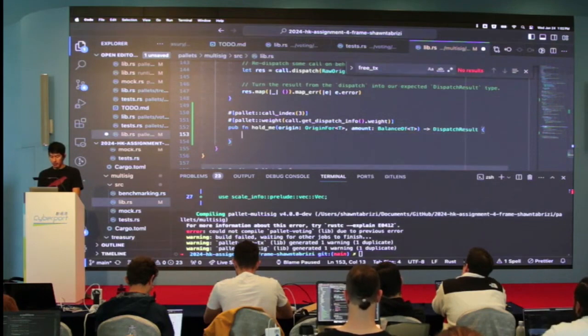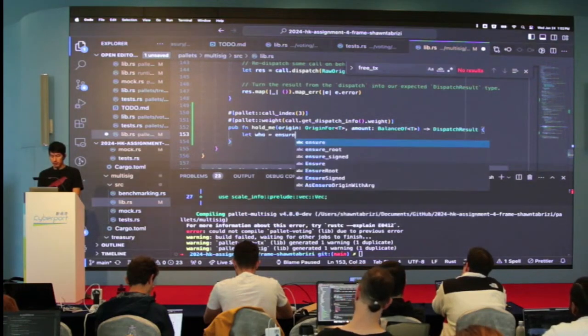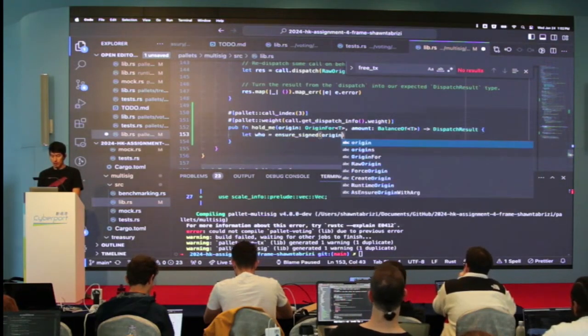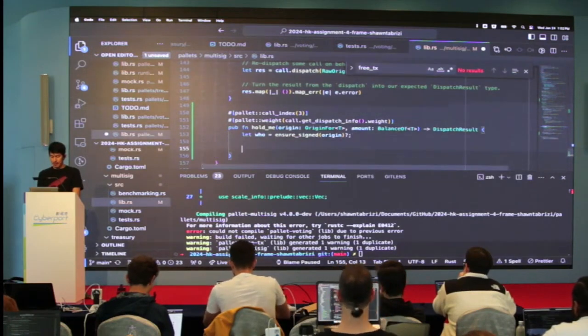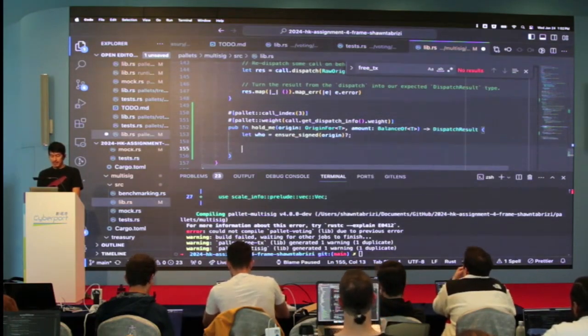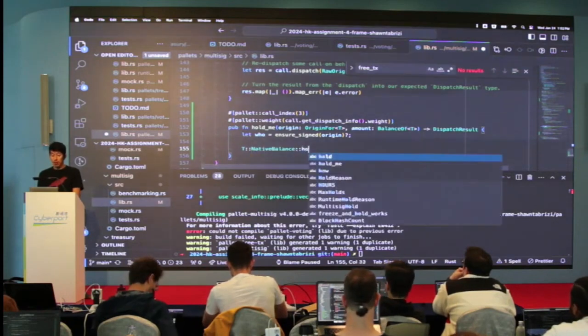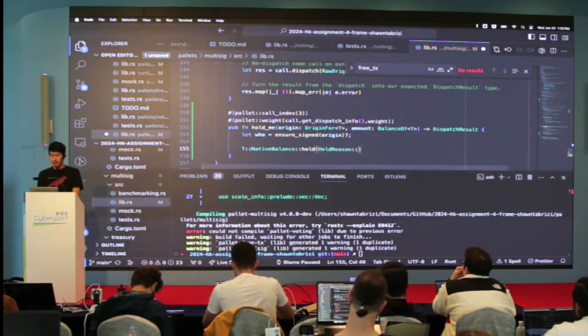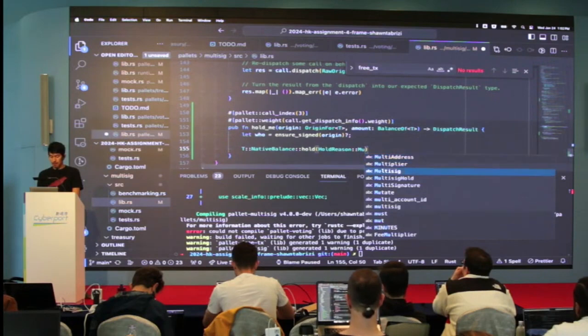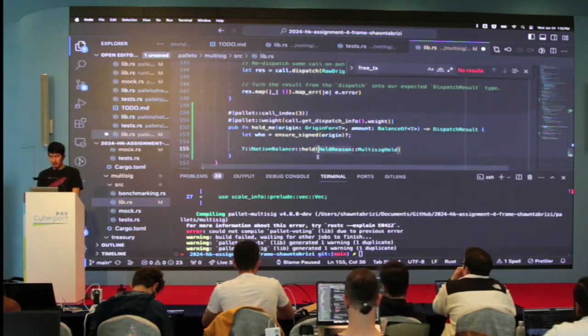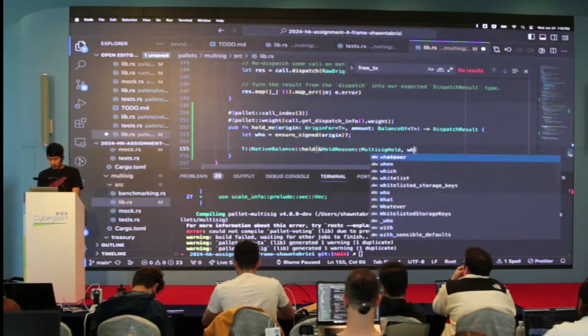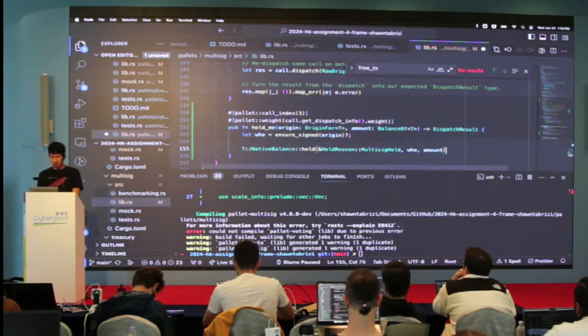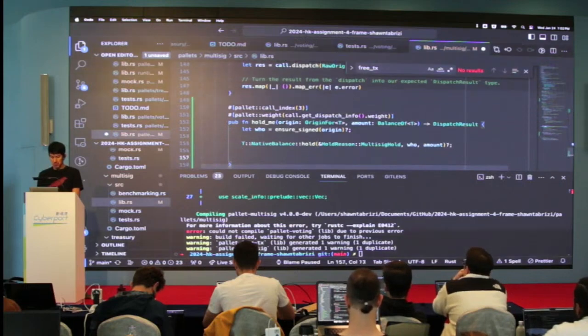And then I'm going to call, so let who equals ensure signed origin. And then we do T native balance hold on. So we need to have hold, so hold reason multisig hold. We need to put the ampersand, right? Probably to borrow. For who? For amount. And then okay.